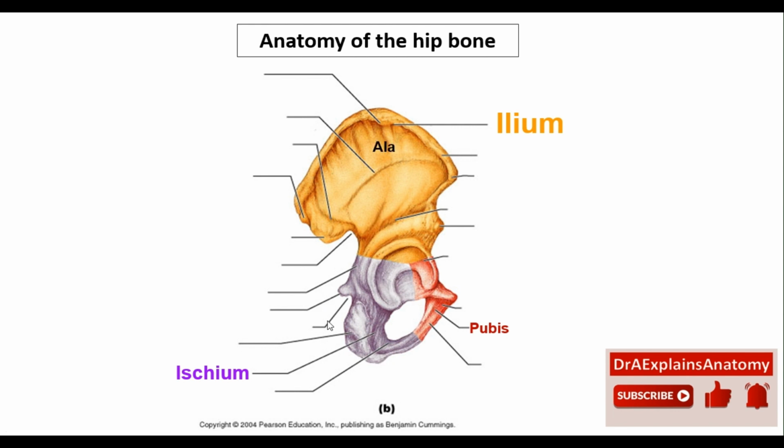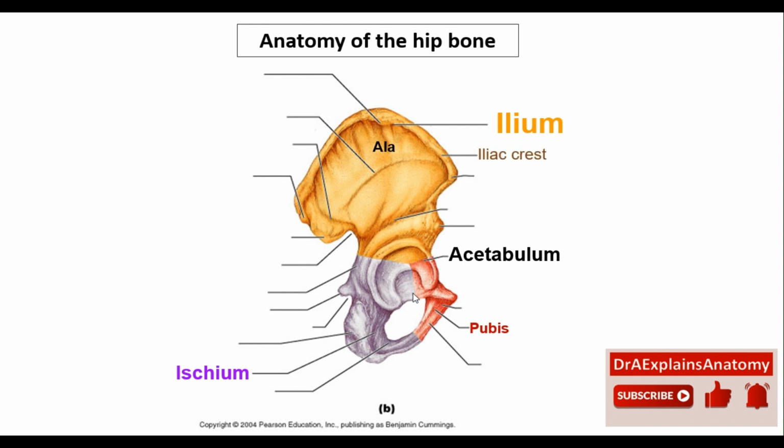This is the ala of the ilium, whereas this is the acetabulum. We can see the fusion of the three bones in the acetabulum. The acetabulum will help you identify the lateral aspect. Keep in mind that the acetabulum receives the head of the femur. This forms the hip joint. So the acetabulum will always face laterally. Medially, you have the internal organs, such as the urinary bladder, the ovaries, the uterus, all the reproductive organs.